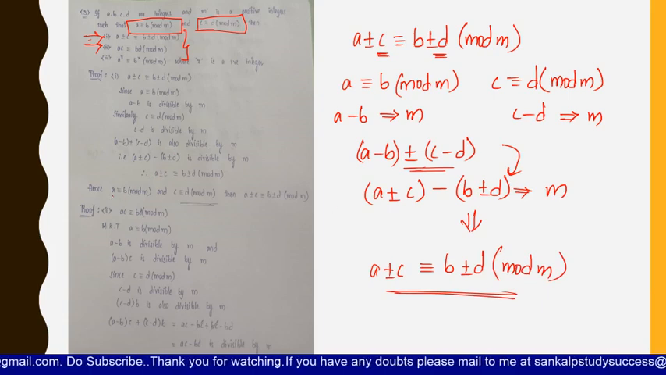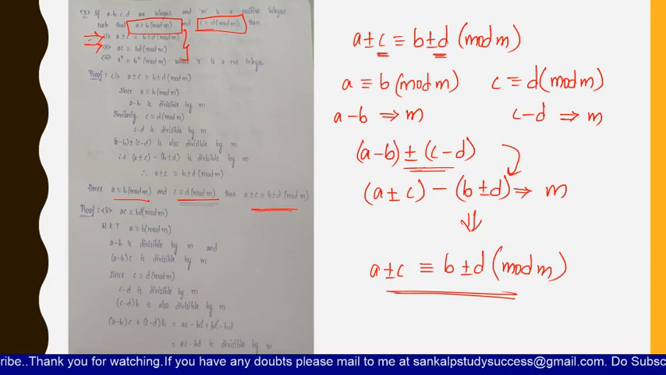See here. Hence, a is congruent to b mod m and c is congruent to d mod m. Then you will get a plus or minus c is congruent to b plus or minus d mod m. So this is the first proof which we have. Now let us prove the second proof,